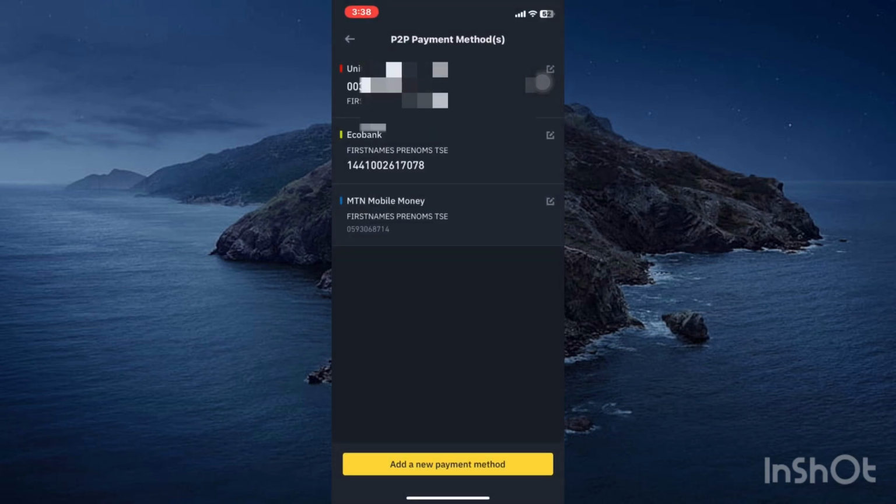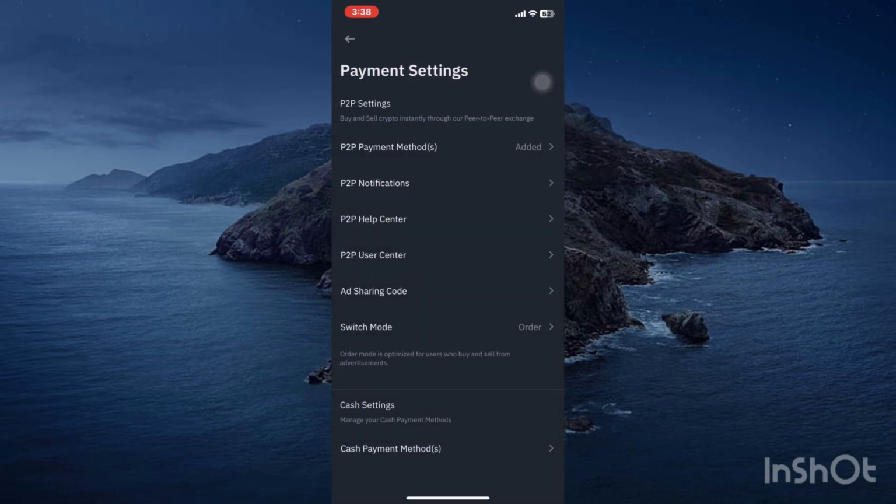Okay, so this is how to add your bank account or any other form of payment method to your Binance